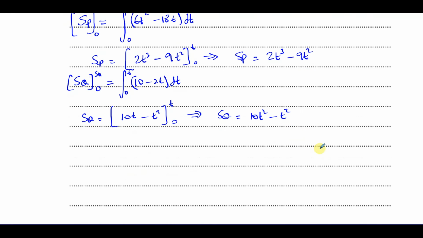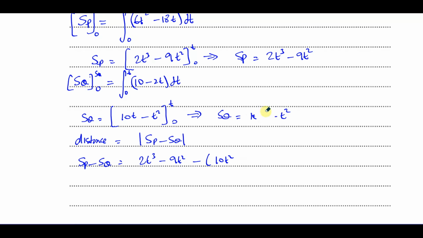Now, the distance between them is going to be the magnitude of their displacement. So you can say s_P minus s_Q. Let's work out what s_P minus s_Q is as an expression. s_P minus s_Q is 2t cubed minus 9t squared, take away 10t squared,